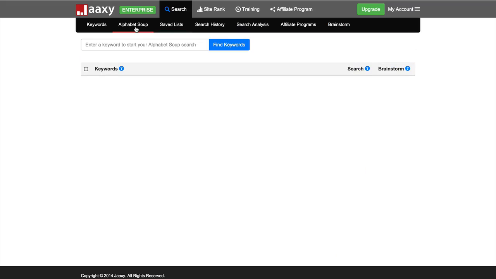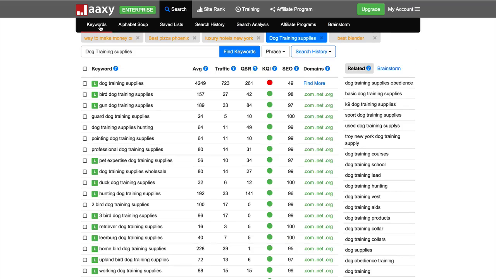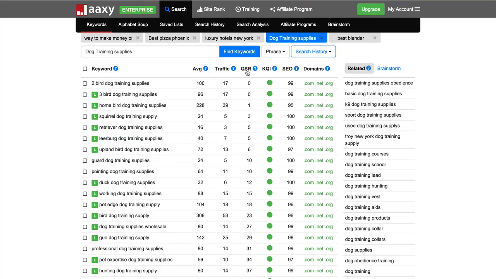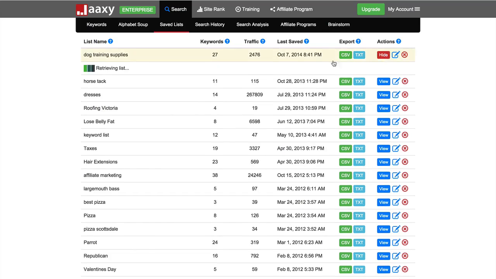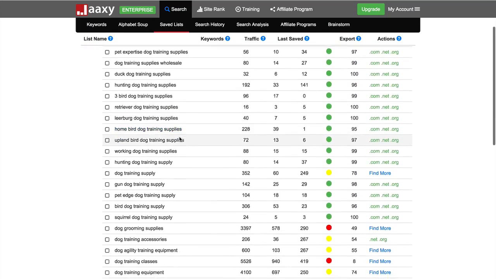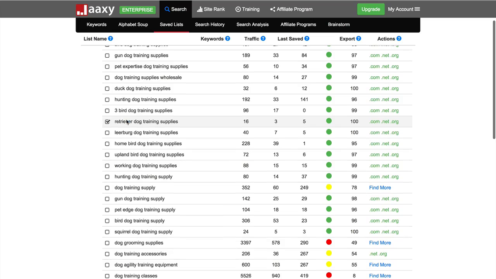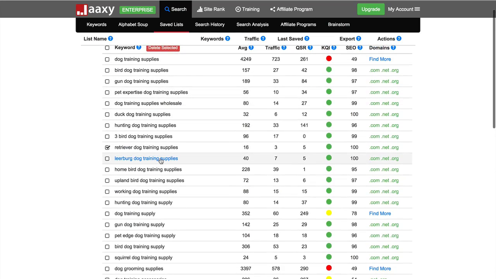So this is quite efficient for your research activities. What I typically do is I'll go through and find keywords that I want for a specific campaign. Say I wanted to find low competition keywords, I would go through and choose the lowest competition ones and ones that I'm going to write out content for, and I would add those to a specific campaign. And then a lot of the time I'd go through a list, and as I write them out, what you might want to do a lot of the time is actually just remove them as you write them, and then you know which ones you have